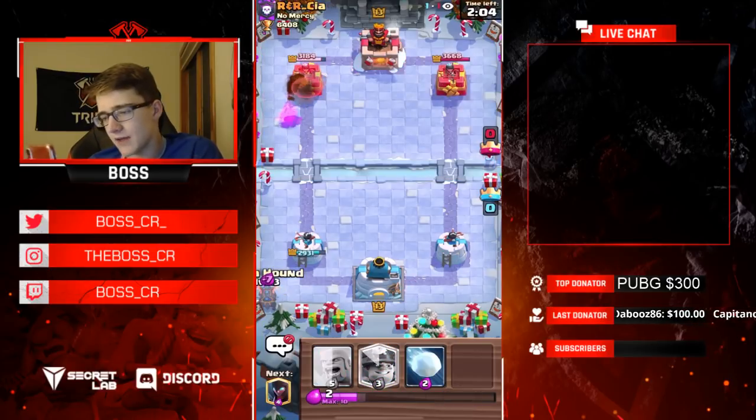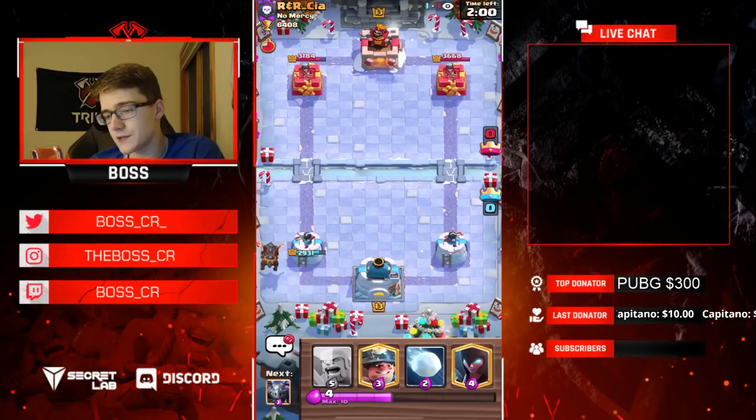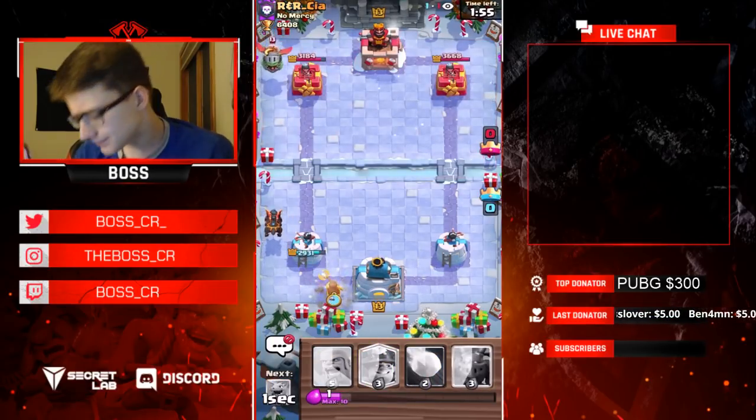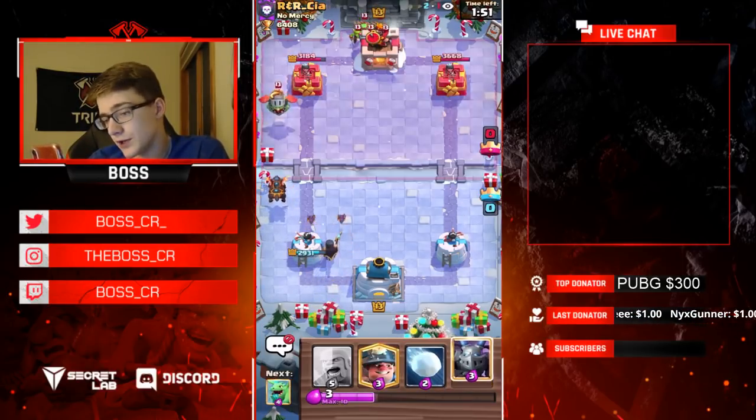With him having his Lava Hound out of cycle, his win condition, I'm going to go in for my own Lava Hound. I mean, he's not going to be able to punish us. Ooh, he has an Inferno Drag. Okay, that's going to be kind of annoying because Inferno Drag does, well, really good against...